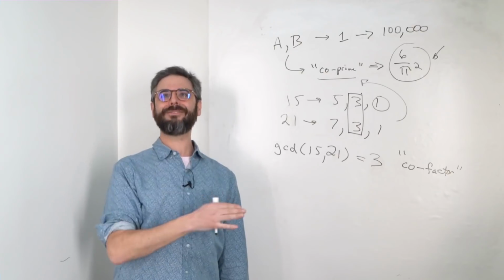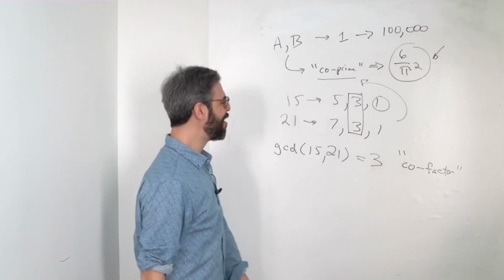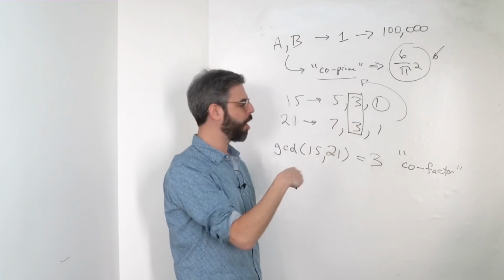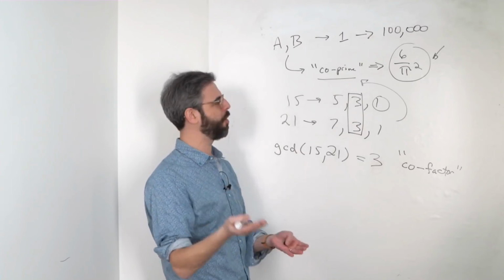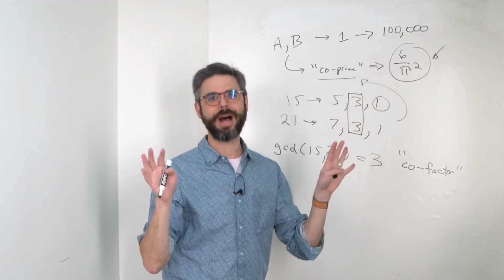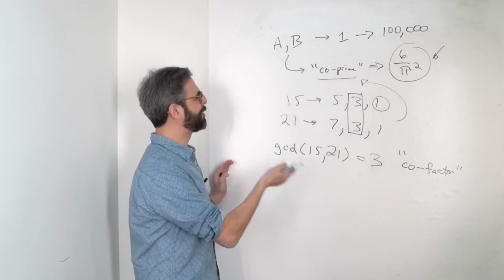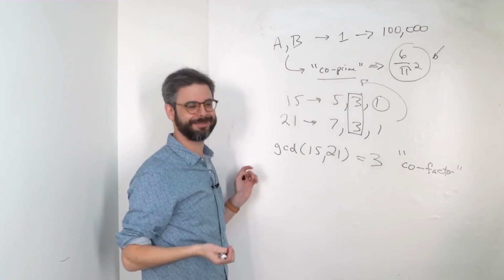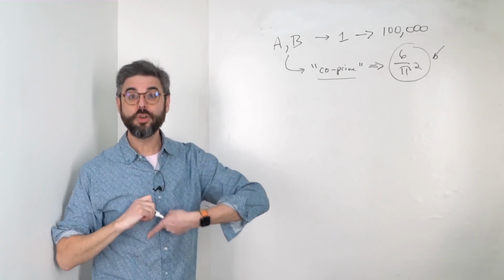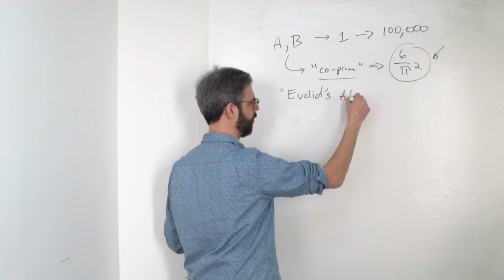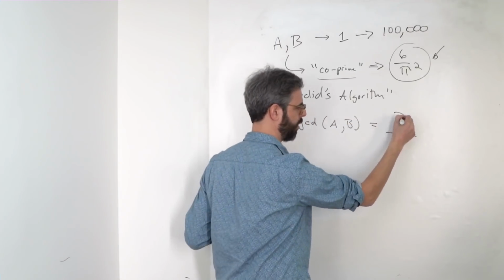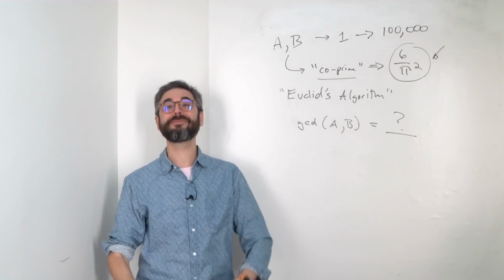So, if I do have a sequence of random numbers, which I do, if I could just look at pairs of those random numbers, determine whether they're co-prime or cofactor, look at the ratio of coprime to cofactor, solve for pi, then I could estimate the value of pi. Which begs the question, how do I determine if two integers are coprime or not? I've got some wonderful news for you. There's a well-known algorithm known as Euclid's algorithm to determine the greatest common divisor of two integers. And you can implement that algorithm with recursion.